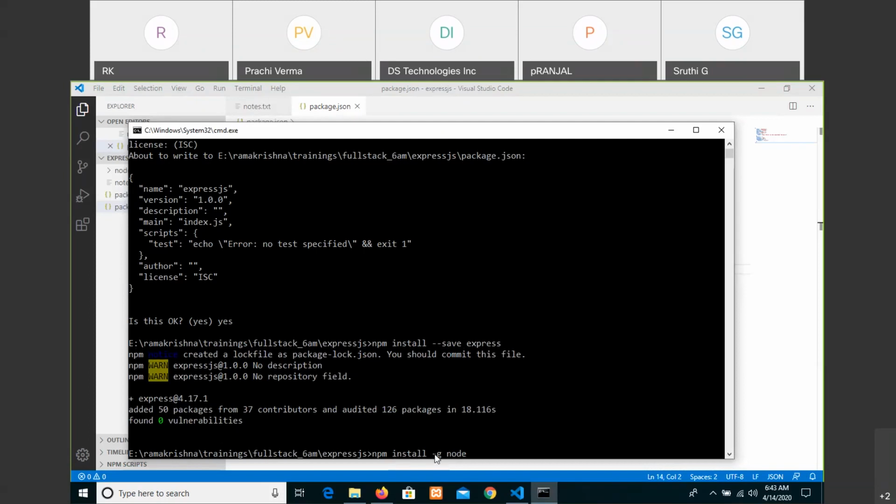If you don't write -g, then you are installing it only in your application folder itself.